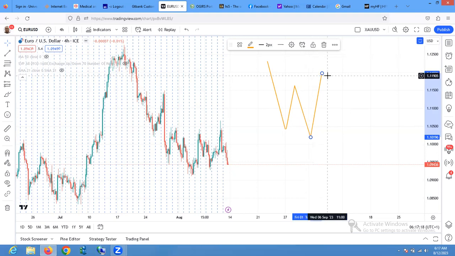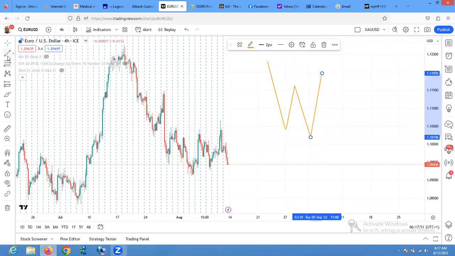Then that's how to look at it. I cannot tell that this correction right from the first wave is going to be a WXY. Nobody can tell that. Even by the time you have the second correction, nobody can tell it's going to go into a WXY. You first have to take it as if it's A, B, and a C